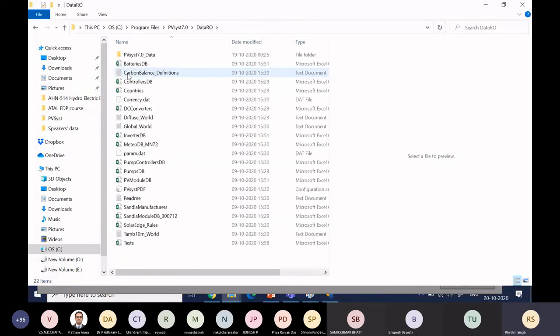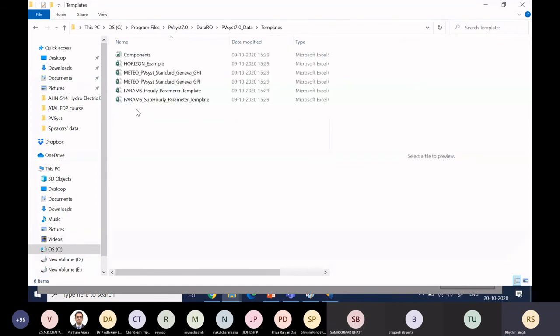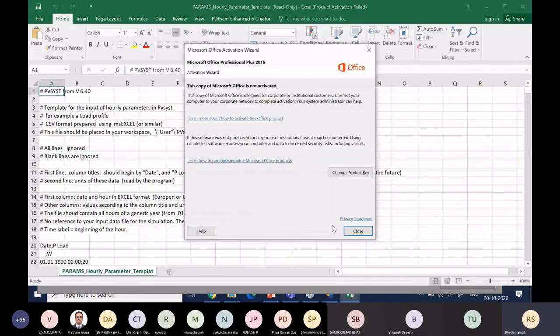In data RO, go to PVSyst 7.0 underscore data. In this, there is a templates folder. Go to the templates folder, and here is this file: params underscore hourly parameter underscore template. If you open it, you'll see this is the template in which you need to define your